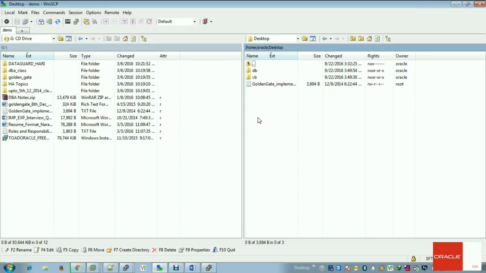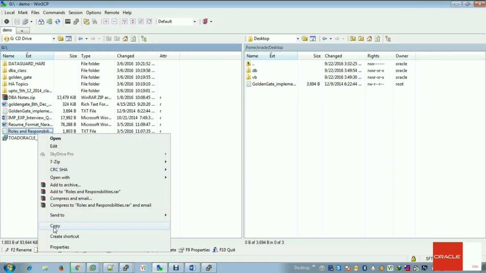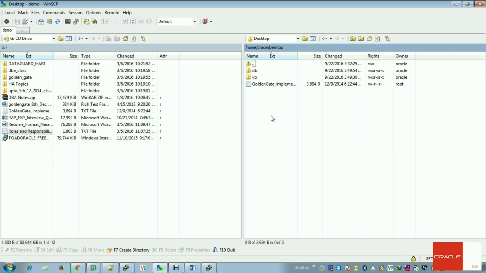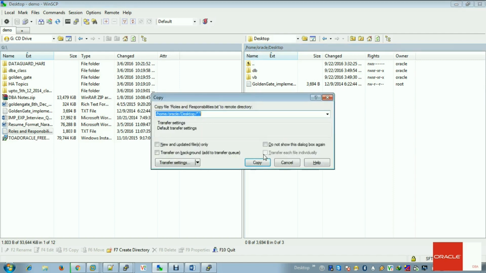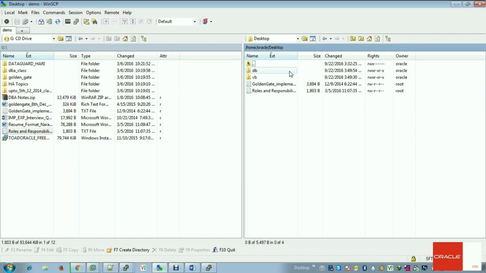So I can also copy the file, copy it here and Control V. See here, the file is imported. This is the configuration of WinSCP, how to get a file from the virtual machine to your physical machine. Now we are going to talk about how to configure the